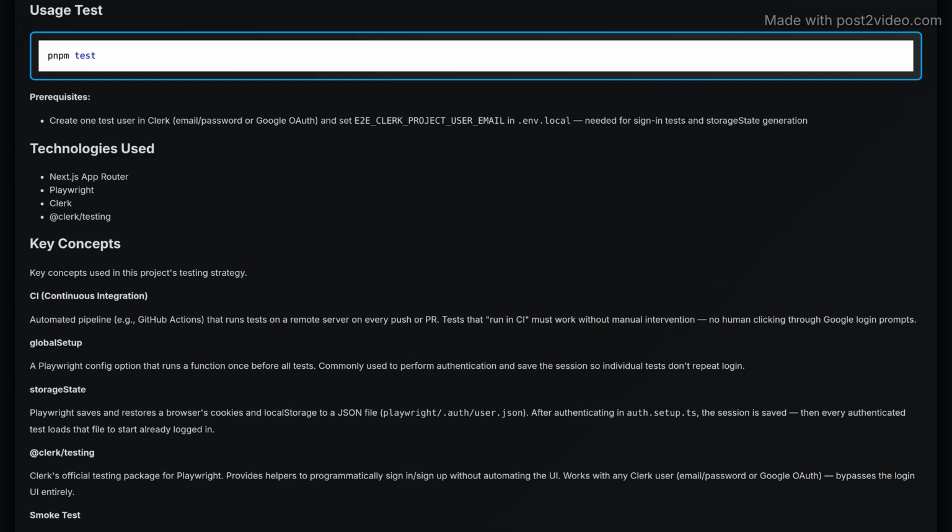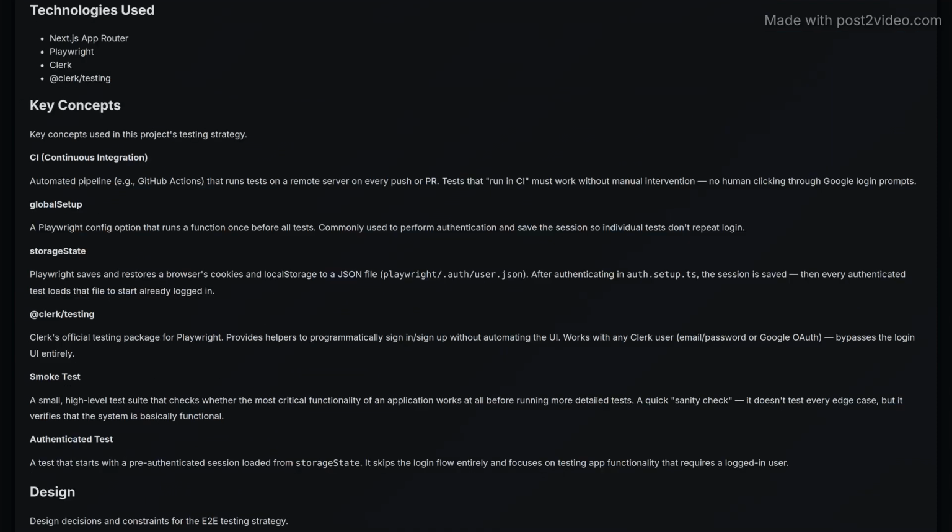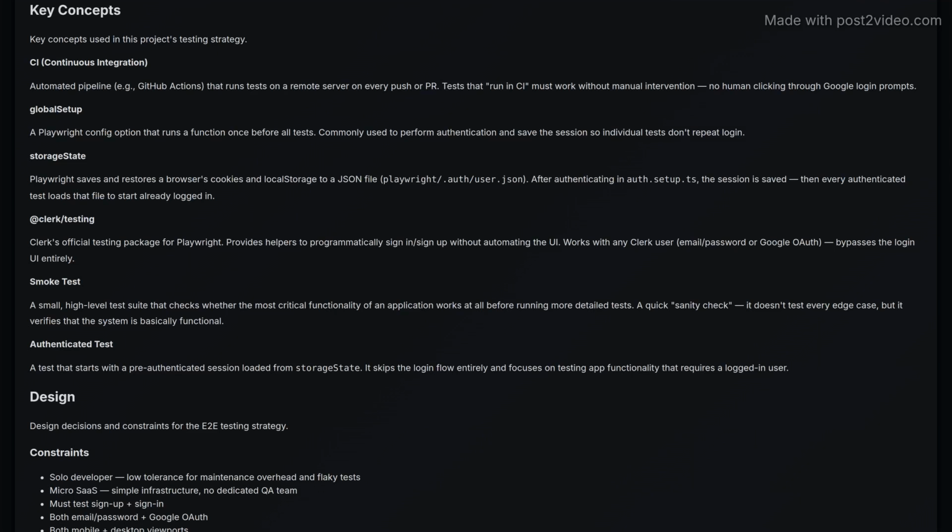To run tests, a test user must be created in Clerk, and environment variables must be set for the testing configuration. Technologies used in this project include Next.js, Playwright, Clerk, and @clerk/testing, forming the backbone of the testing suite. Key concepts important to the testing strategy are outlined, including CI processes, state management, and using specific tools for testing